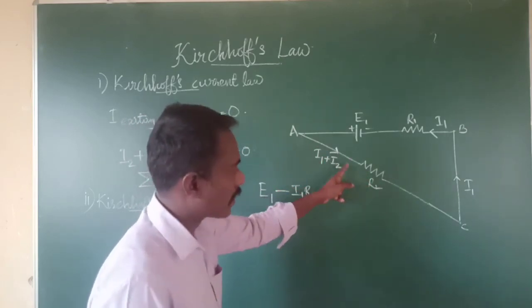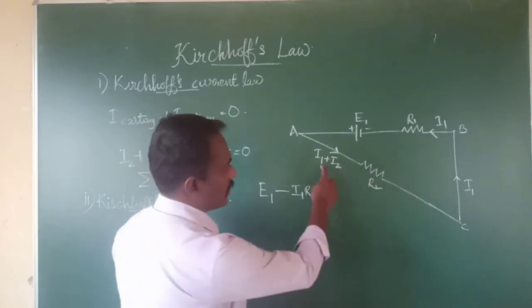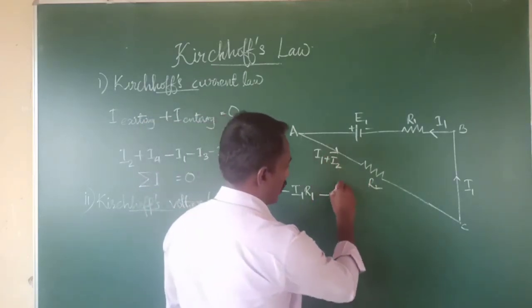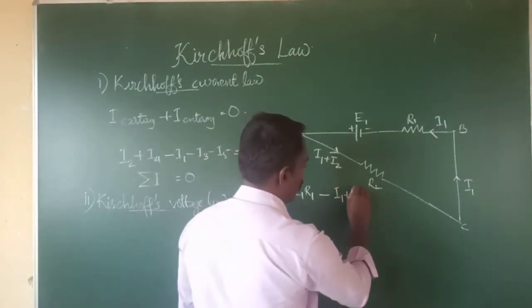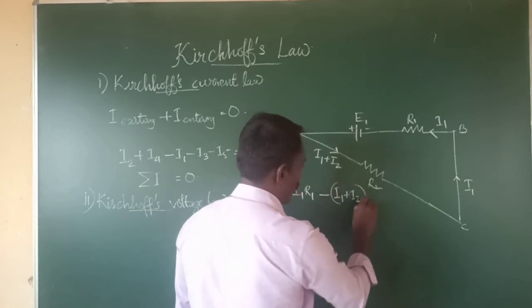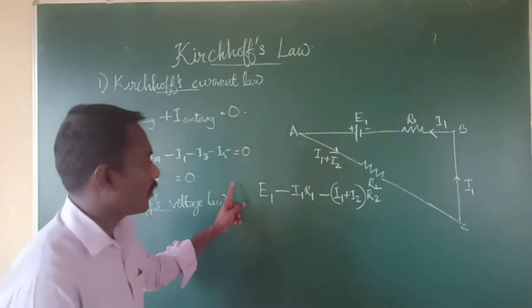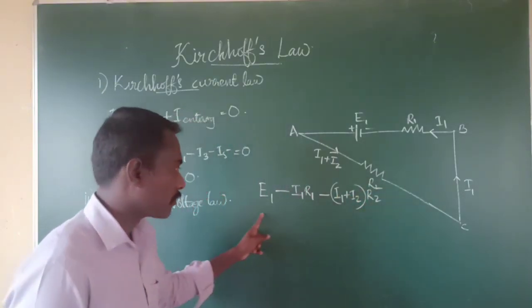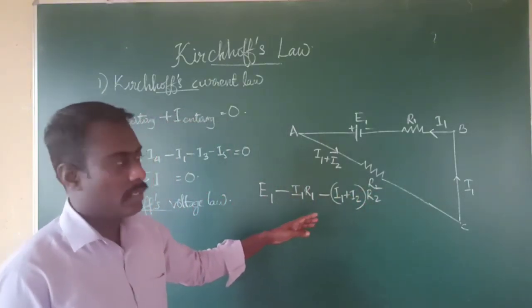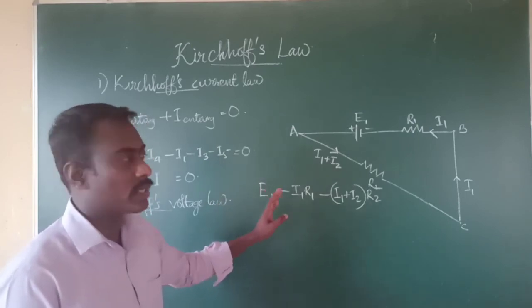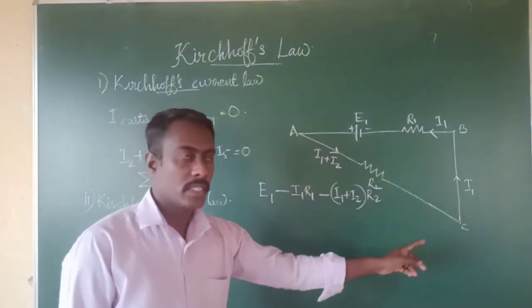Then what is the electric current flowing through the resistor? That is I1 plus I2. So we will write I1 plus I2, and the resistance is R2. And this is how we find the total EMF and the total voltage across a loop by using Kirchhoff's